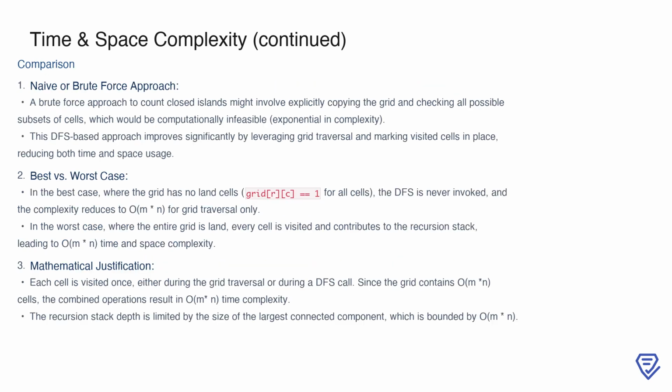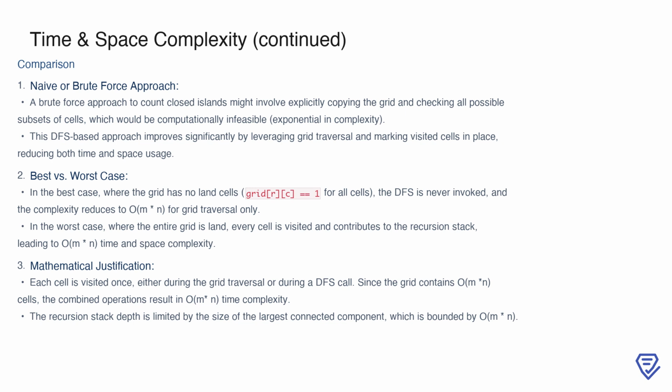Now, let's compare this approach to other potential methods. A naive or brute force approach to count closed islands might involve explicitly copying the grid and checking all possible subsets of cells to identify closed islands. This would result in an exponential time complexity, making it computationally infeasible for larger grids. By contrast, the DFS-based approach we've implemented is far more efficient, as it leverages in-place marking of visited cells and